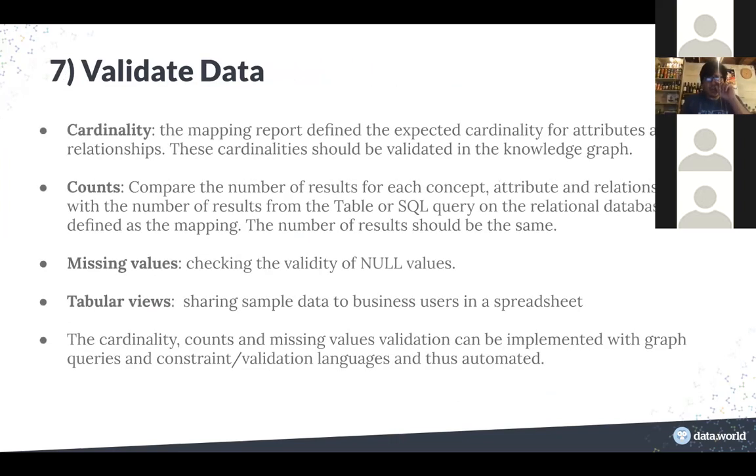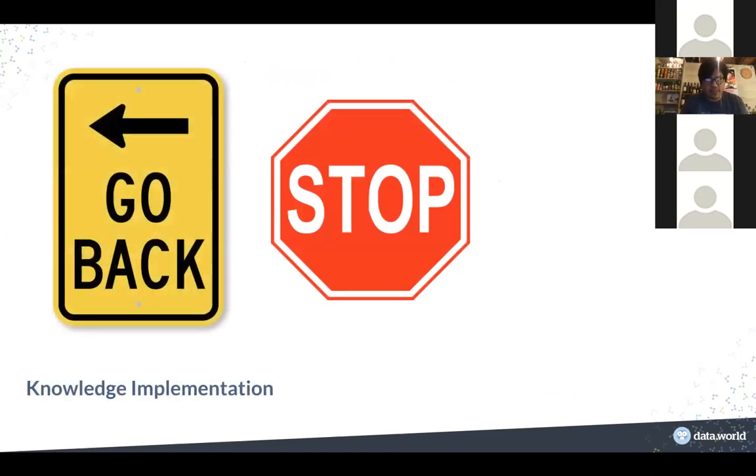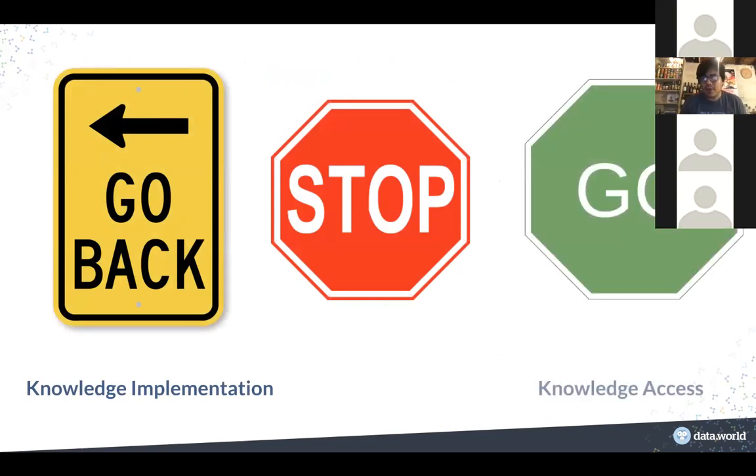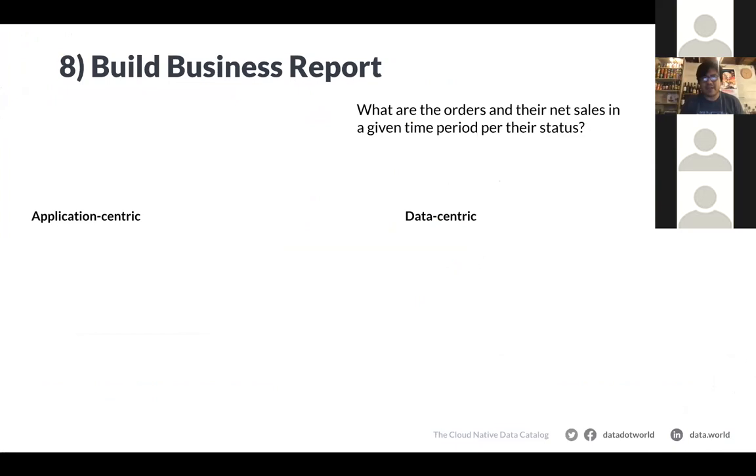And then there are different ways to validate the data. This is another big, different topic. Another talk could go on about how we validate data. At this point, you validate the data, and you realize, do we find issues? We go back into the implementation. Otherwise, let's go access the data. Then finally, you say, well, let's answer the business question.